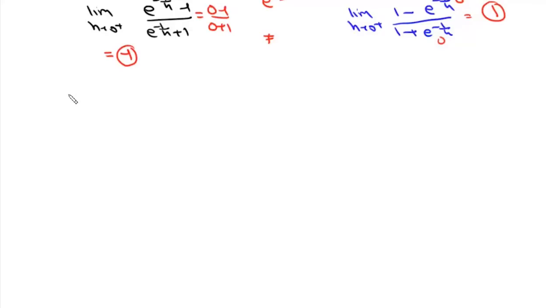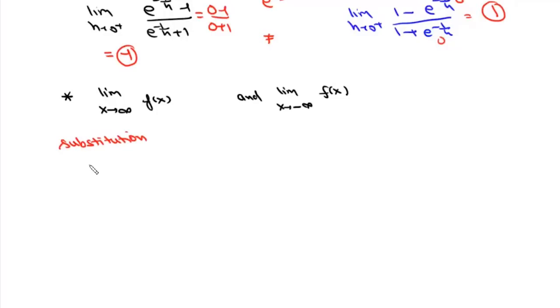And next on the list is these two limits: limit x tends to infinite f(x) and limit x tends to minus infinite f(x). So there will be many questions where we need to find limit of a function when x approaches either plus infinite or minus infinite. Now we can solve these limits using substitution. So we can use substitution by simply taking